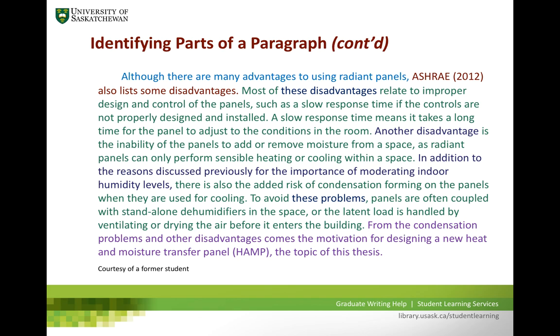Another disadvantage is the inability of the panels to add or remove moisture from a space, as radiant panels can only perform sensible heating or cooling within a space. In addition to the reasons discussed previously for the importance of moderating indoor humidity levels, there's also the added risk of condensation forming on the panels when they are used for cooling. To avoid these problems, panels are often coupled with standalone dehumidifiers in the space, or the latent load is handled by ventilating or drying the air before it enters the building. From the condensation problems and other disadvantages comes the motivation for designing a new heat and moisture transfer panel, the